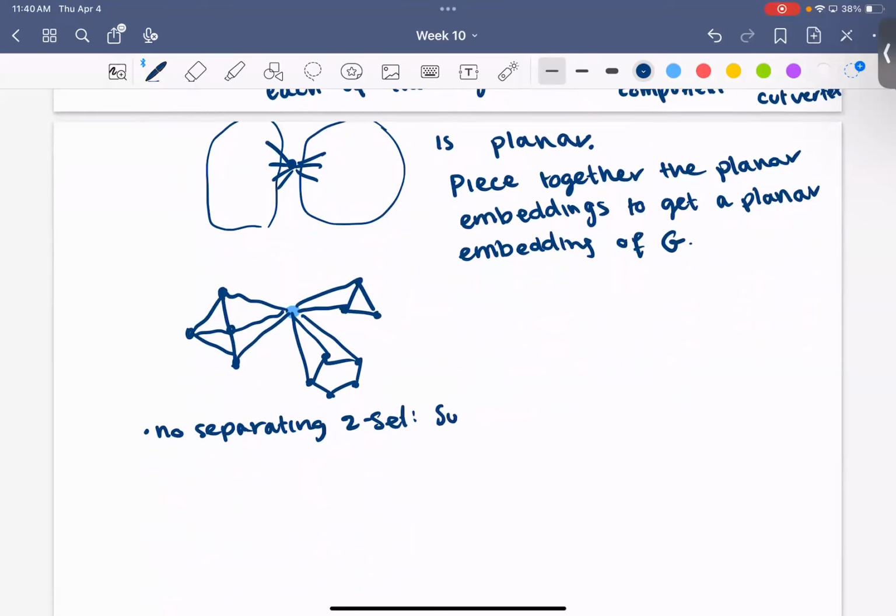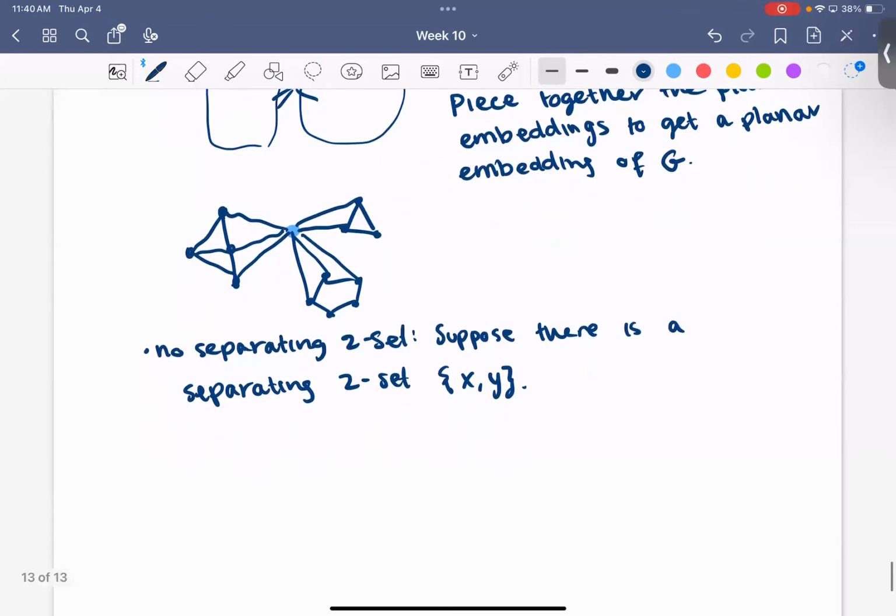So let's suppose there is a separating 2-set X, Y. Then there's a lemma in the book that proves that